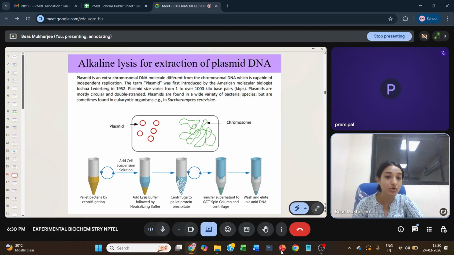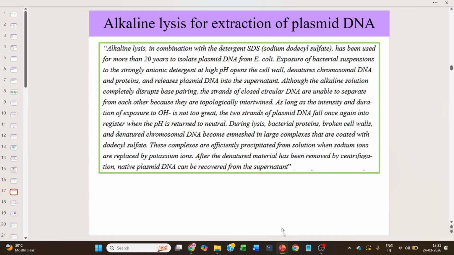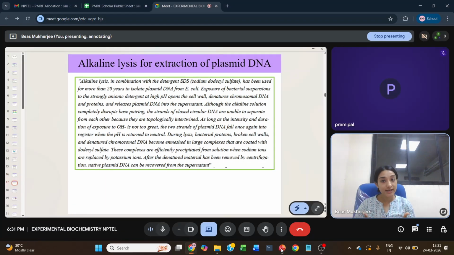Okay, this is a very important concept, you have to understand this. You can see that the chromosomal DNA is massive, it's huge, and it is normally not supercoiled, right? So it is really huge, and once it gets denatured, it is very difficult to renature it. Okay, so see, alkaline lysis in combination with the detergent SDS has been used for more than 20 years to